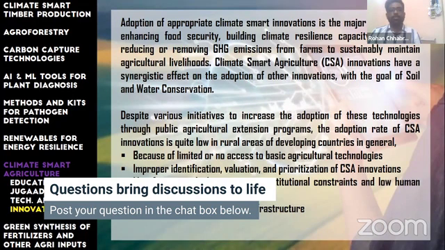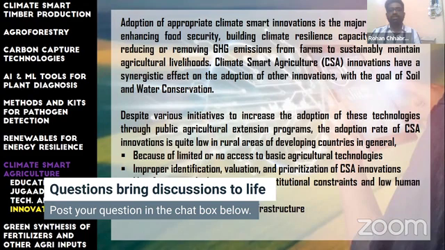The adoption of appropriate climate smart innovations is a major step towards enhancing food security, building climate resilience capacity, as well as reducing or removing greenhouse gas emissions from farms to sustainably maintain agricultural livelihoods. Now, climate smart agriculture innovations have a synergistic effect on the adoption of other innovations with the goal of soil and water conservation. Despite various initiatives to increase the adoption of these technologies through public agriculture extension programs, the